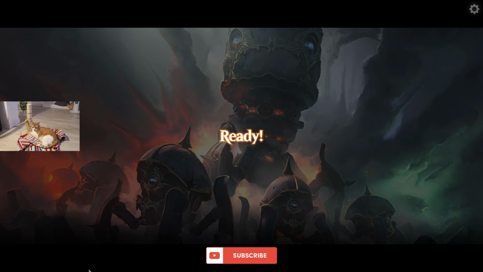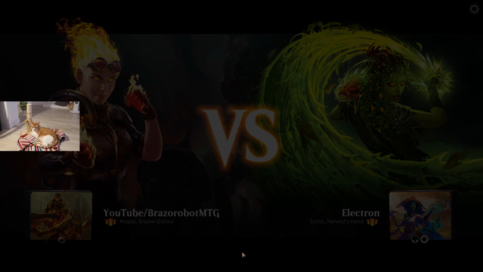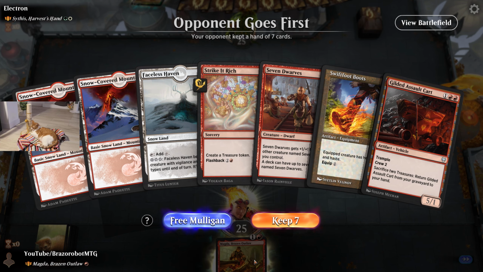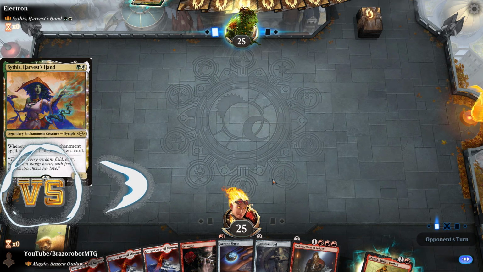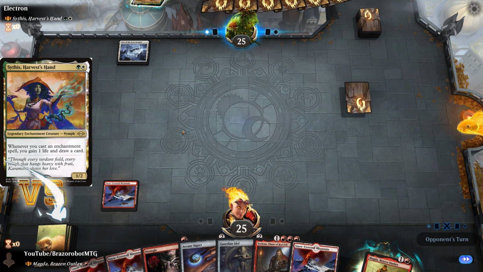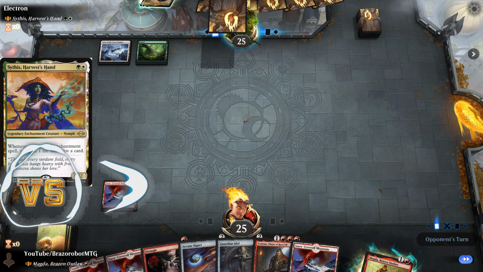This will be our last round playing with Magda Dwarves vehicles. And we are going up against Sythis one more time. Again, Sythis coming for their revenge. They go first. Our hand is not too bad. But I think that with Sythis, we always need removal. And we found it in the form of Strangle. Because Sythis on turn 2, like now...